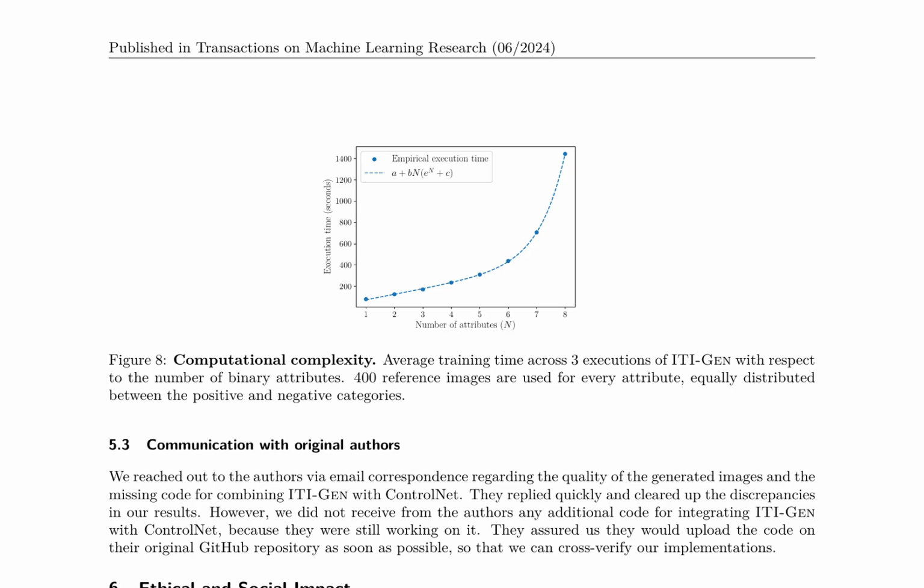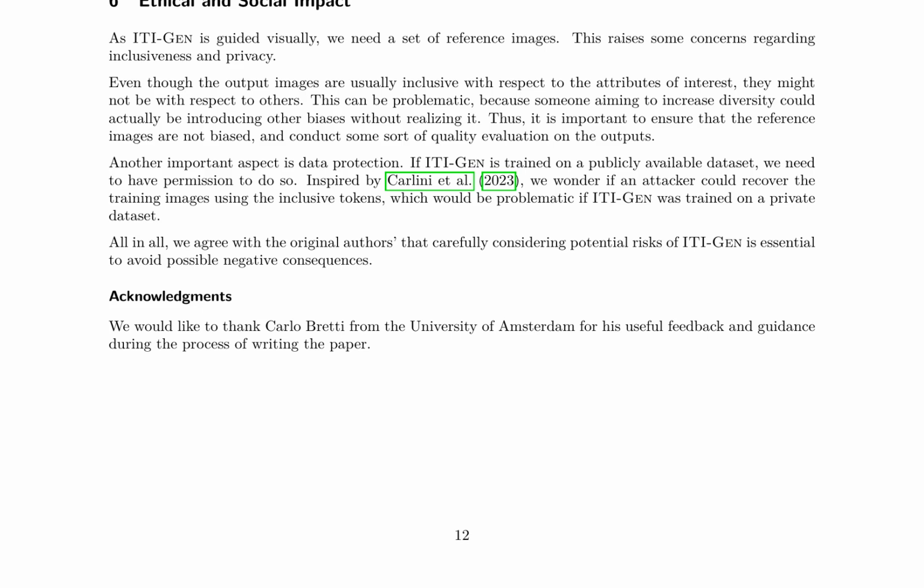However, it notes that ITI-GEN struggles with scalability to multiple attributes, requiring exponential training time and often failing to disentangle certain attributes. To address these limitations, the authors propose HPSN, which does not require training and produces more accurate images. The paper concludes by emphasizing the importance of considering potential risks and biases in ITI-GEN's use, particularly regarding data privacy